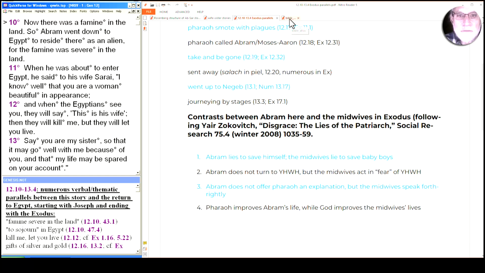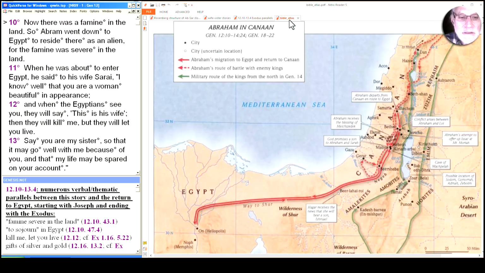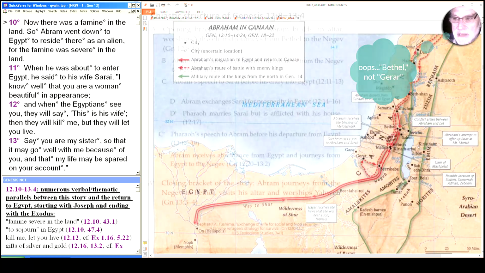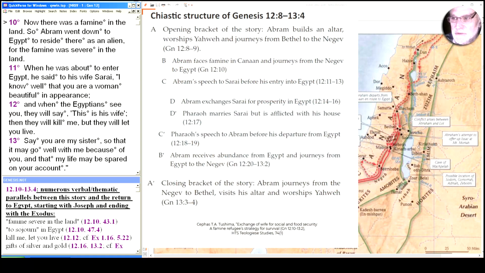Let's also look here briefly at the issue of location, because we see here, as we saw last time, they were coming down this way into the south, into the Negev, and now that he's there, when there's this famine, he continues down this way. But as we'll see from the chiasm in a minute, it's framed by this back and forth to Gerar here. So Gerar, a city of the Philistines, as I noted earlier, along with Ashdod and Ekron, is Philistine territory. And so going down to Egypt and coming back sets up this chiasm, which you can see here.